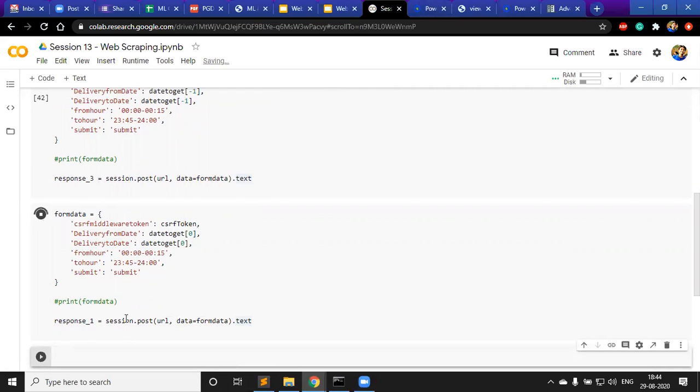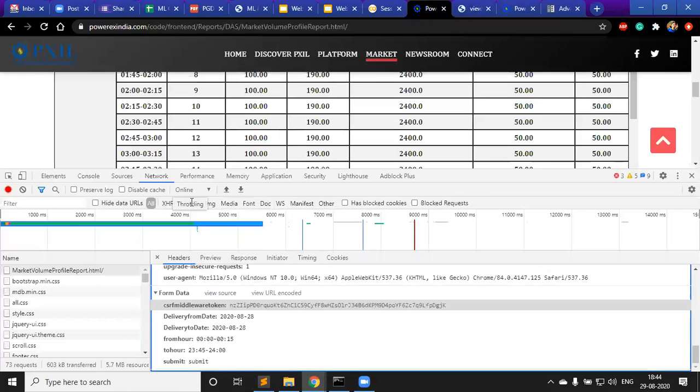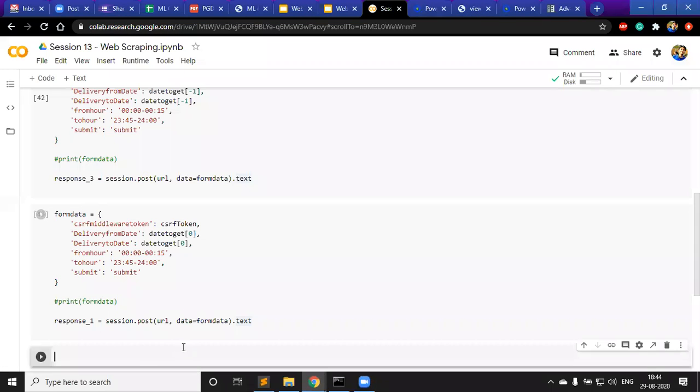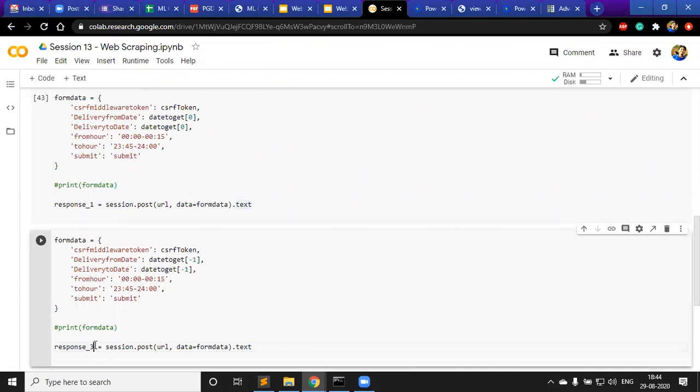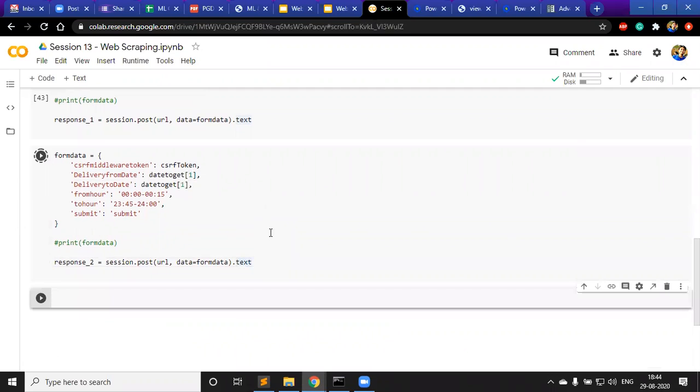Obviously, till now I only have the data in this format, right? And the next step would be to just get this data out. It should be easy, but let's see it here. This is done, and then my last one is response two. Okay, that one is just the first one, and then I have now three responses which have data for all of those three dates